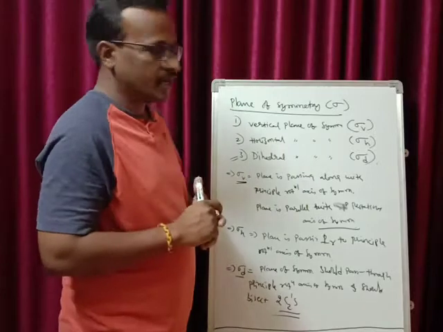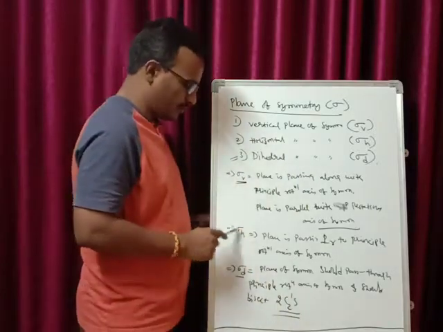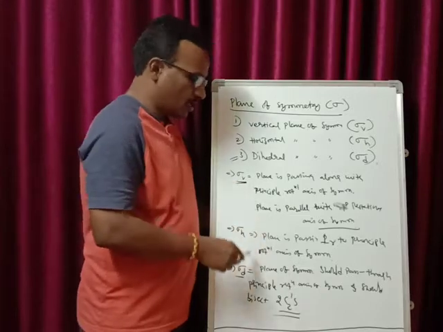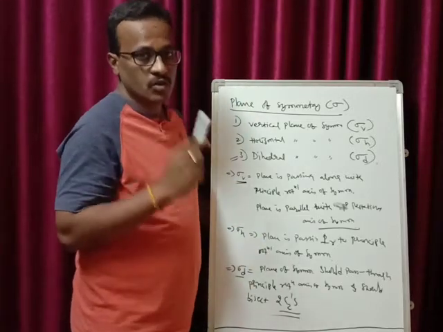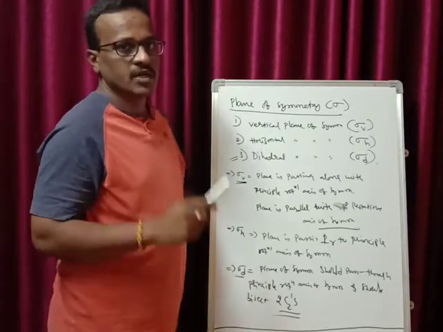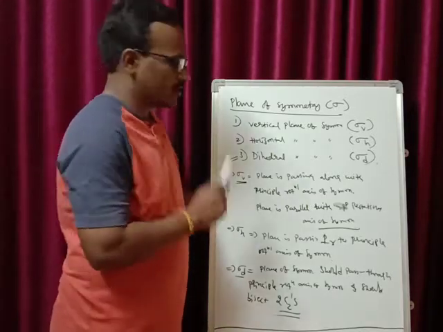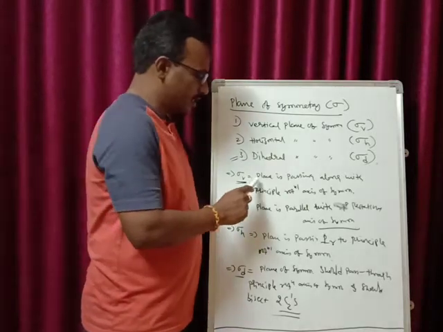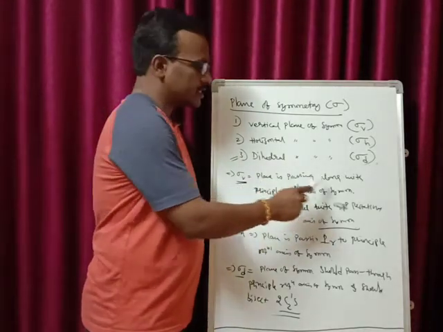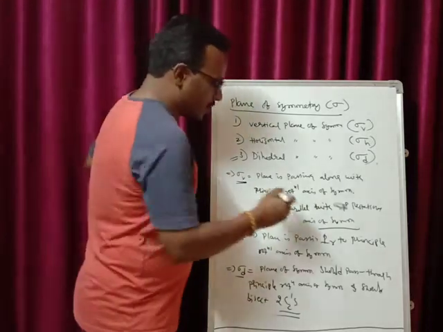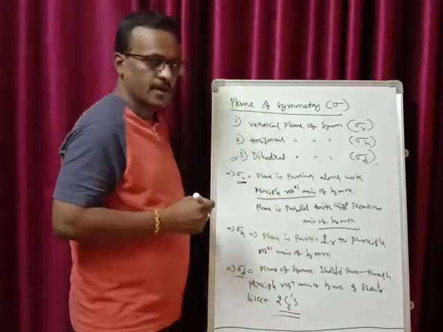Anyhow, just giving an idea once again regarding this sigma v, sigma h, and sigma d. In order to understand all these three, you also need to know regarding the rotational axis of symmetry. Please go through the previous lectures where you can clarify your doubts in case you have any. That is, first sigma v. Sigma v is nothing but the plane of symmetry passing along with the principal rotational axis of symmetry. You have to know what is principal rotational axis of symmetry, right?